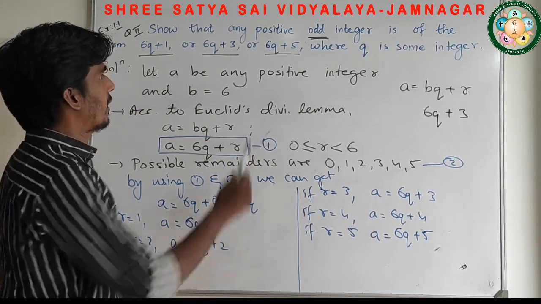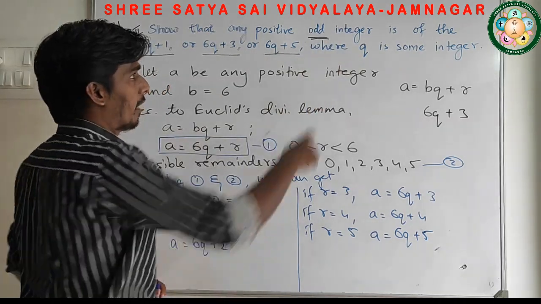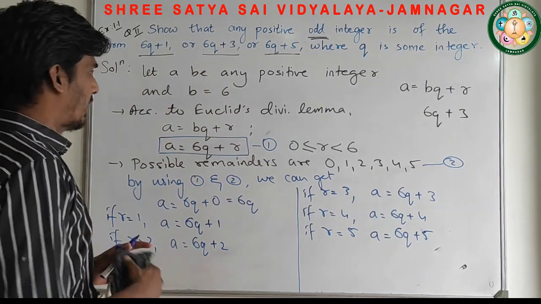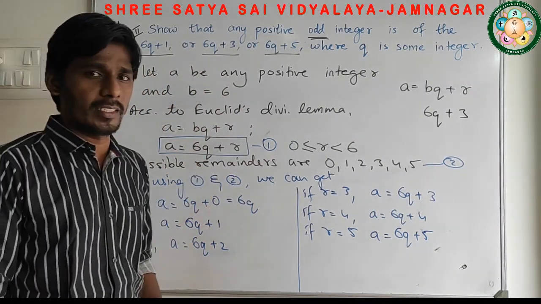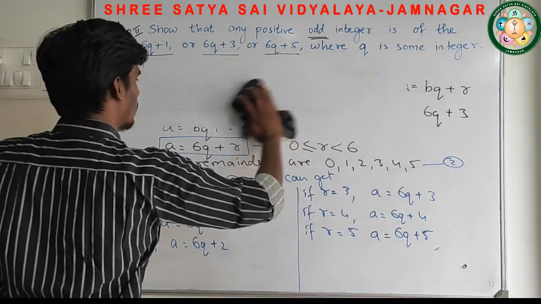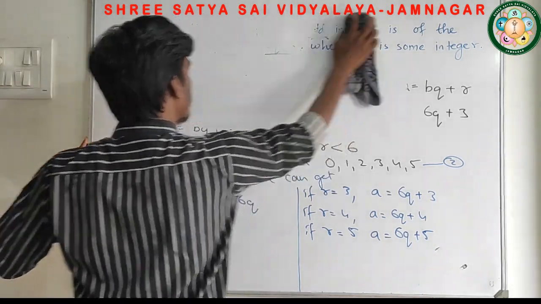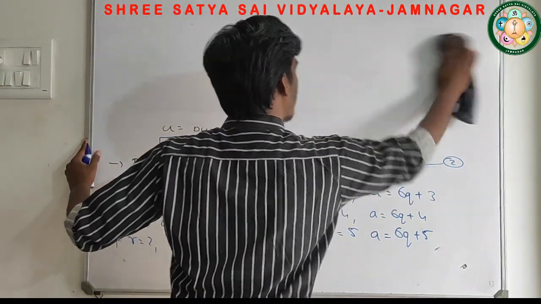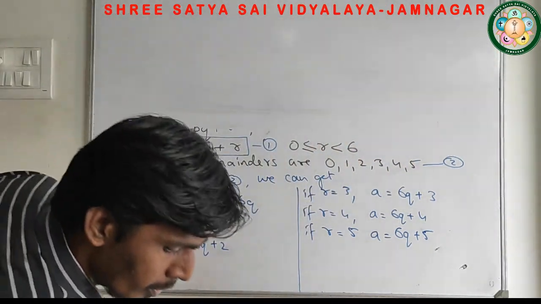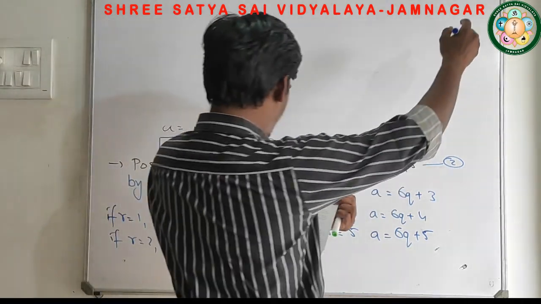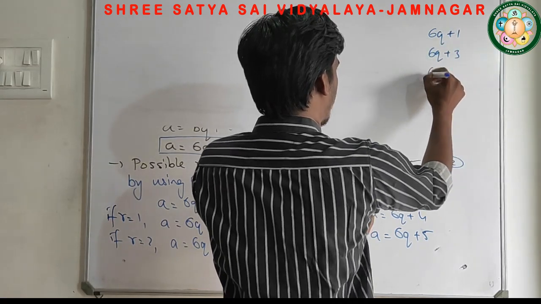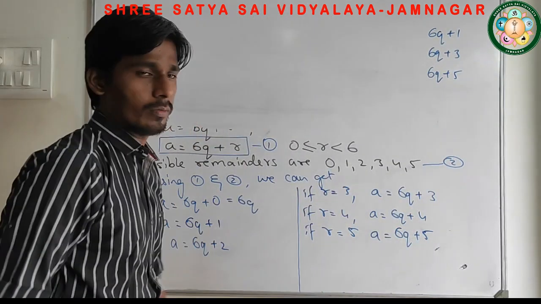Now what I actually want is any positive odd integer. Now this thing I want only for odd integers. So let's prove it with a statement. So you just pause the video and note down up to this. Now the part which you have to prove, let me write down here so that we know what we have to prove. It's 6Q plus 1, 6Q plus 3 and 6Q plus 5. This we have to prove.